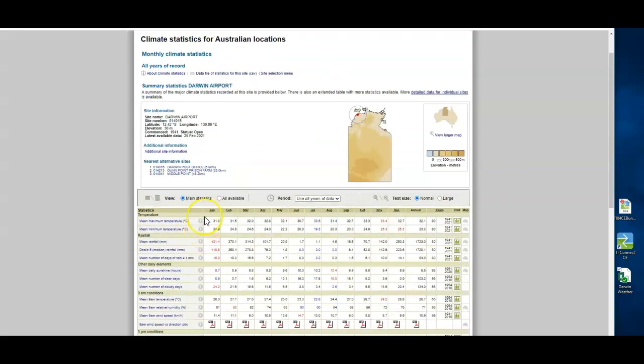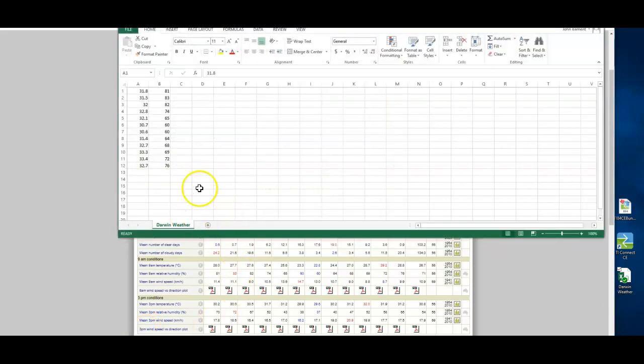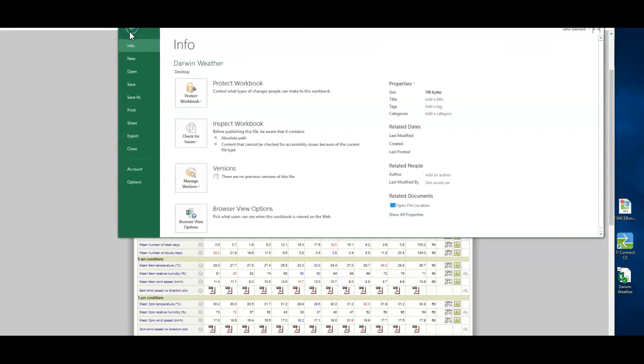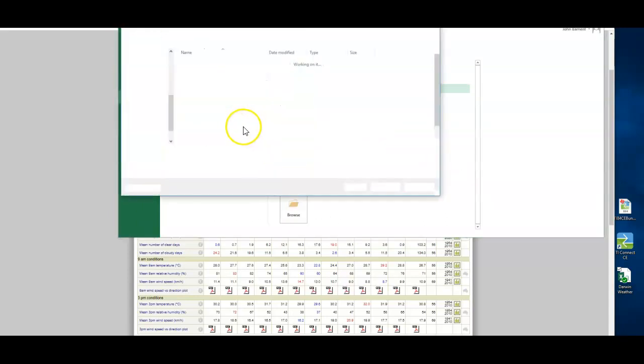I just looked something up and got some weather for Darwin, mean maximum temperature for a year, and also I've got the humidity. And what I've done is I've just copied and pasted it into an Excel document. You'll notice that I've got no headings because that's really important, and also that I've saved it. Let me just save it to my desktop